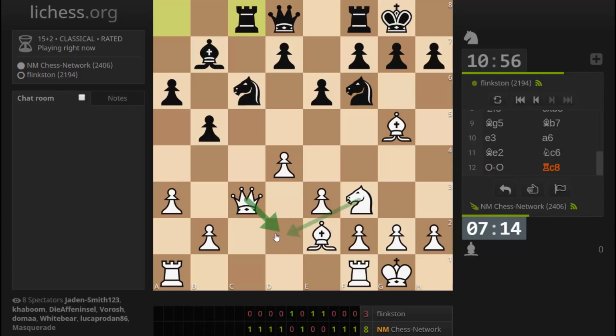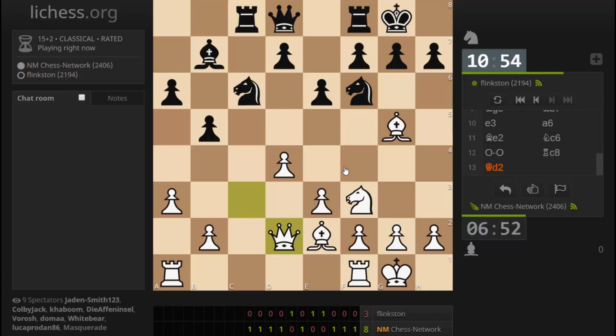Queen d2, I am defended by my knight. Queen d2, knight a5, bishop takes knight. Okay, let's get out of the line of fire. There is this move. Yep. She does not belong on an open file. h6 is probably the move here. Flight square, throws a punch,